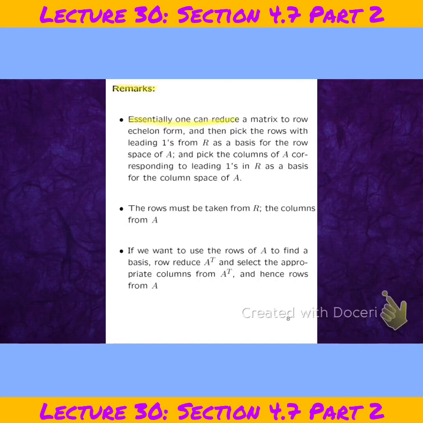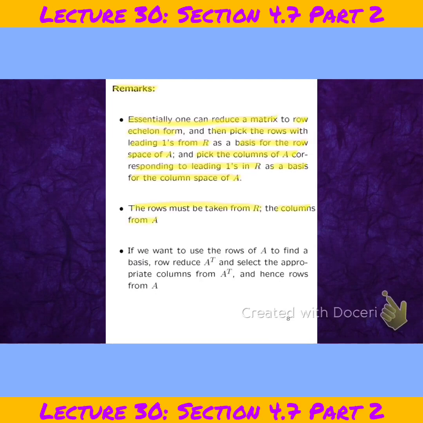Essentially, one can reduce a matrix to row echelon form and then pick the rows with leading ones from R, and that will be a basis for the row space. That's an application of the previous theorem. And then pick the columns of A corresponding to the leading ones in R as a basis for the column space of A. Right, now the rows must be taken from R, and the columns